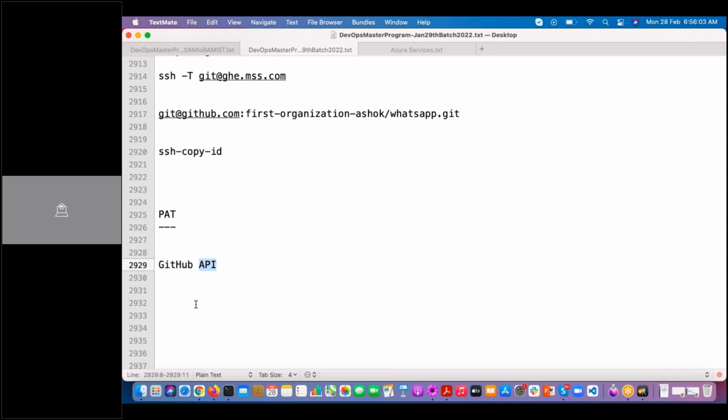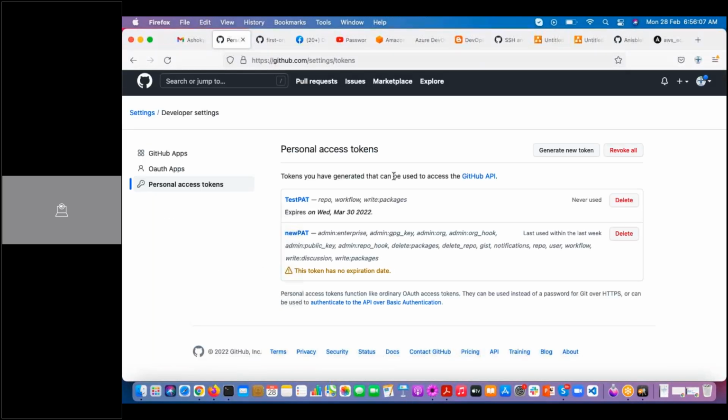Right now, to do any administration activities, we are logging into the GitHub server through the GUI, right? And we are creating the organization, creating the repository, creating the team, adding the users to the team, providing the repository access to the team. All these things we are doing through the GUI,